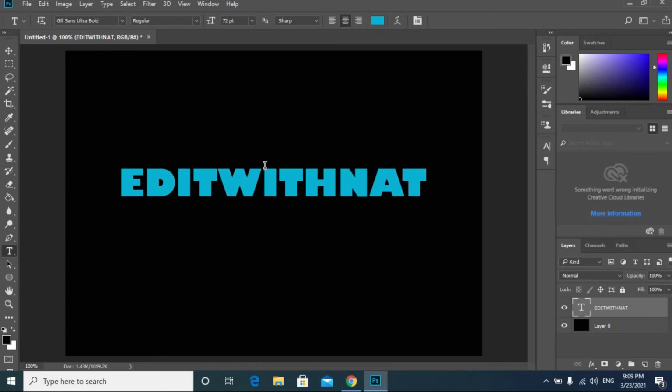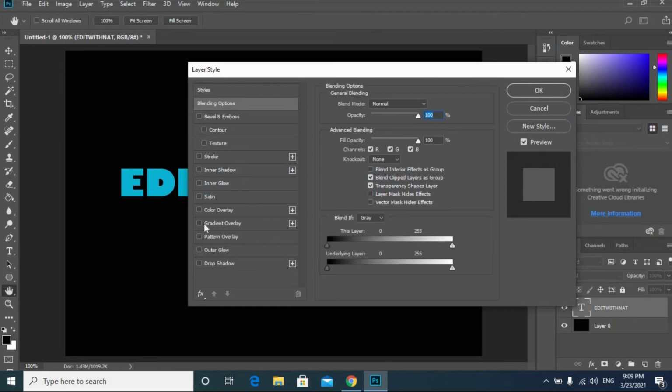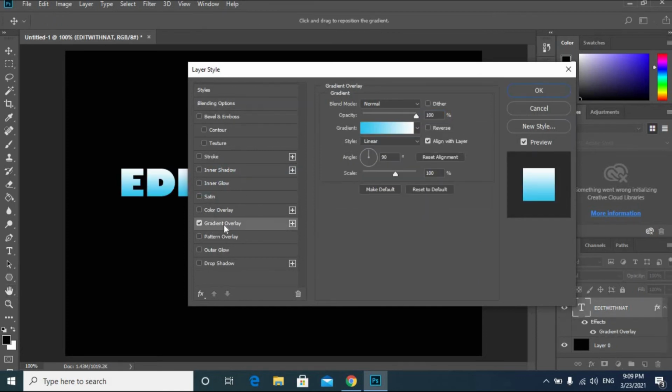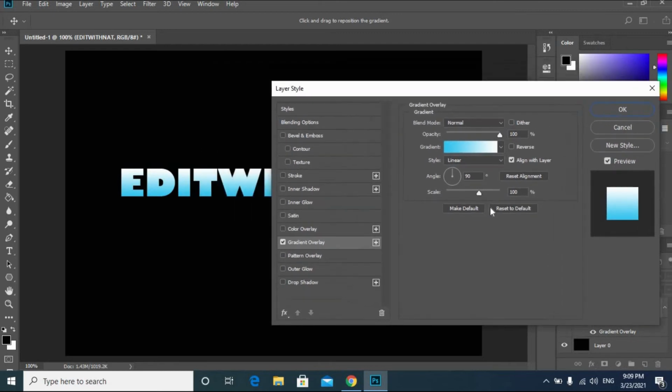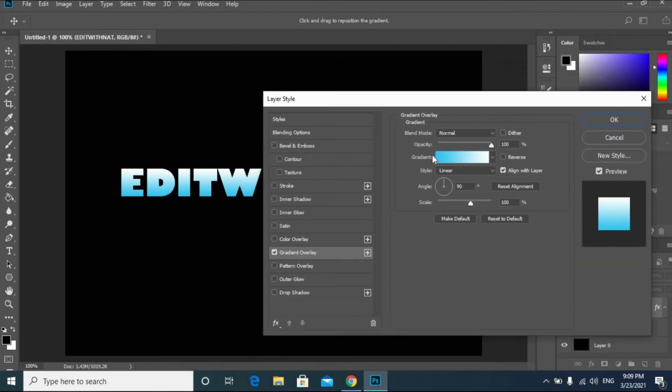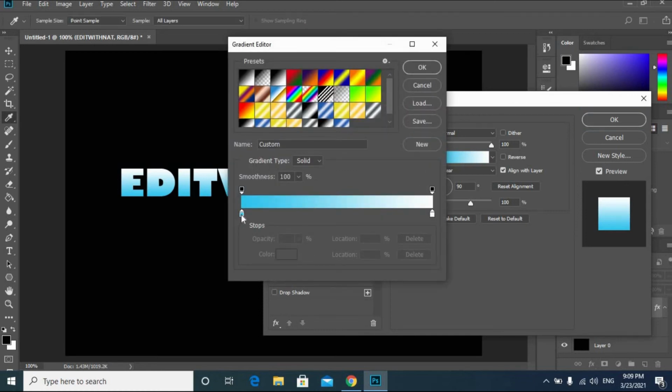Now let's add the gradient effect to our text. It's by double clicking on the text layer in the layer panel. Then we go to gradient overlay, and here we have the gradient bar. We can click on it and we can change the color by clicking on the stop at the bottom of the gradient bar